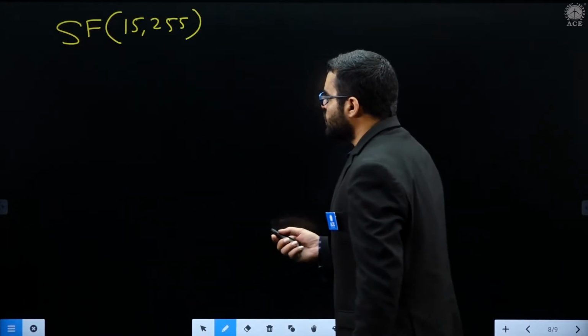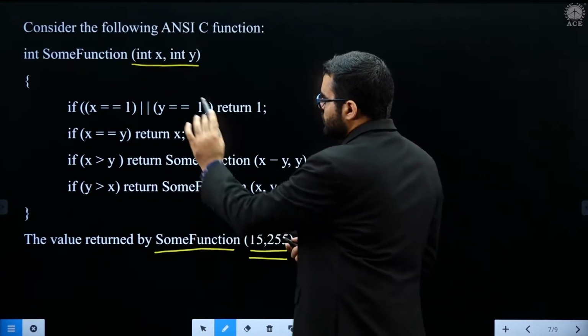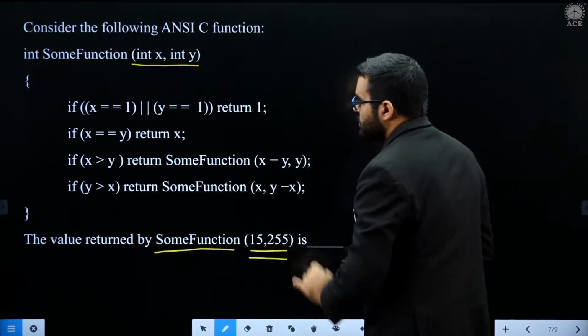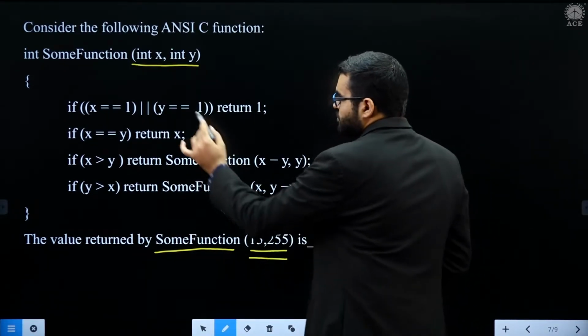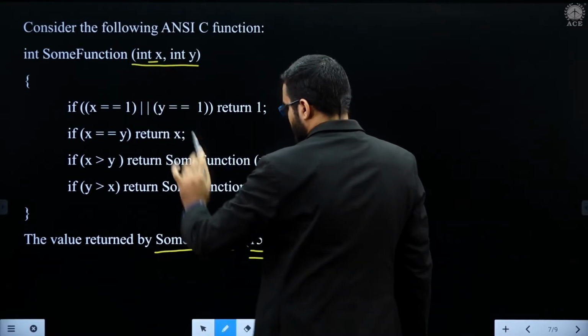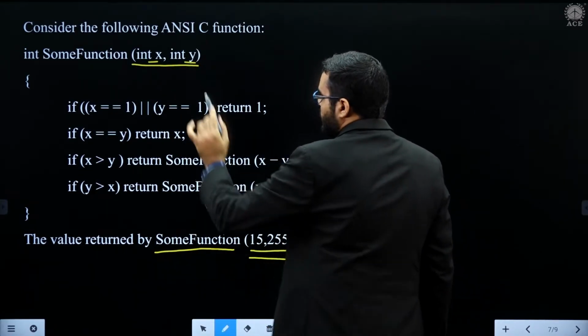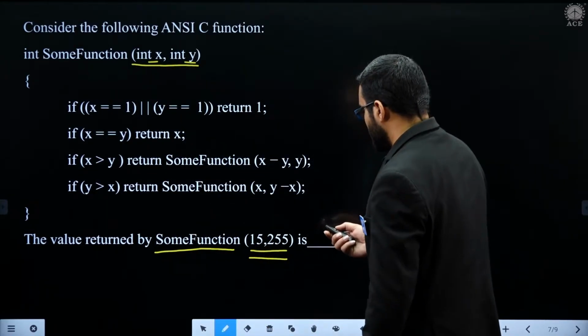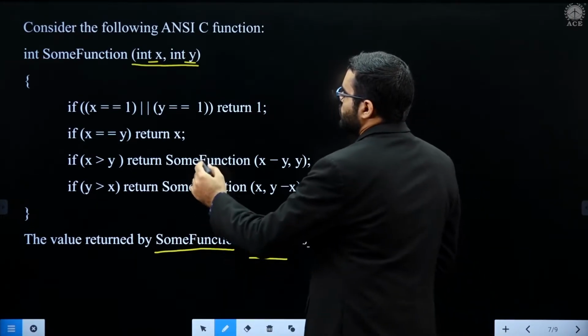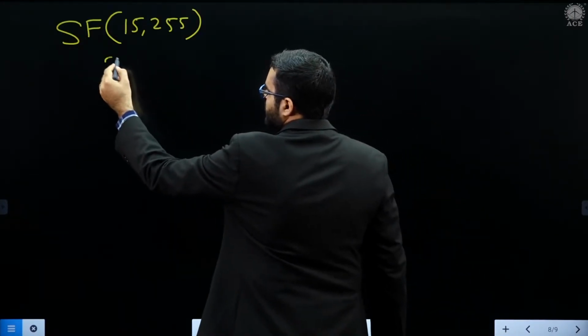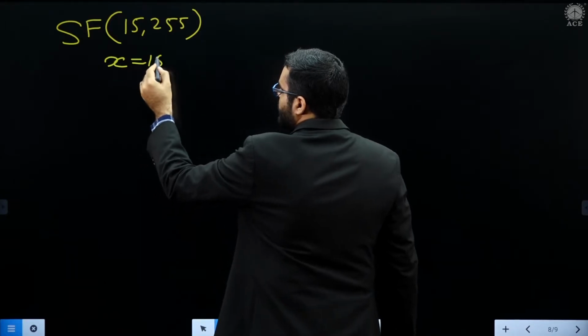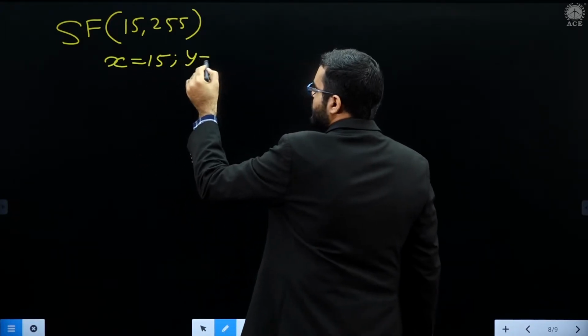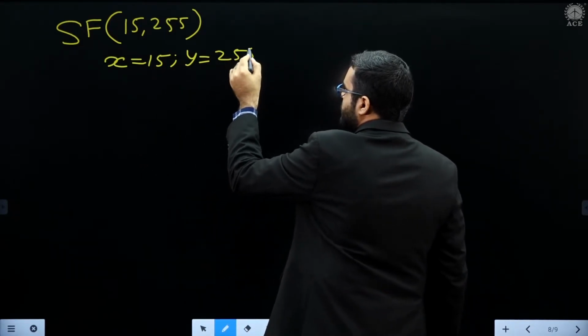When I call this function by giving these arguments, the variable x will store 15 and the variable y will store 255.